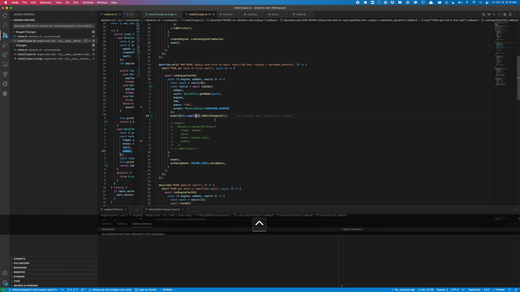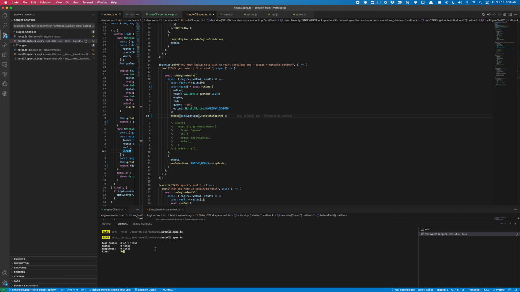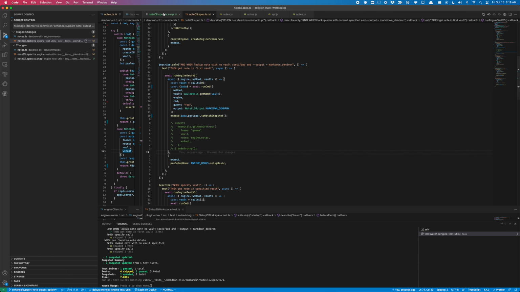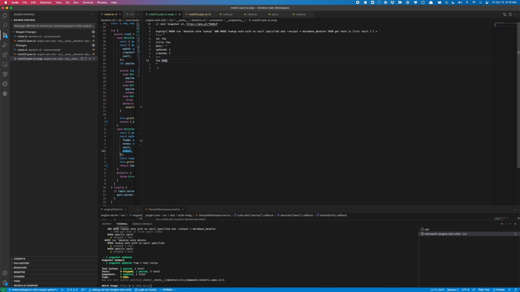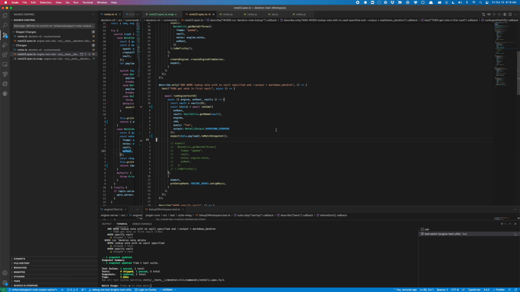And so now, if we take a look at this test, it has updated the snapshot, and you'll notice the snapshot is no longer JSON, but the body. One more thing to do here is, usually the snapshot test,